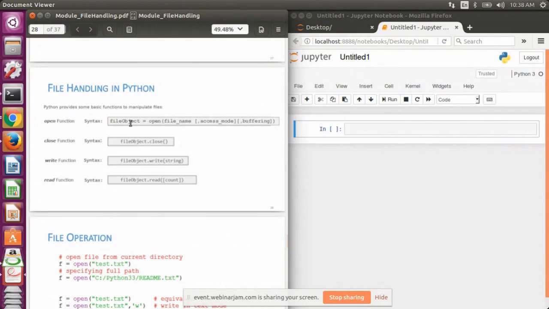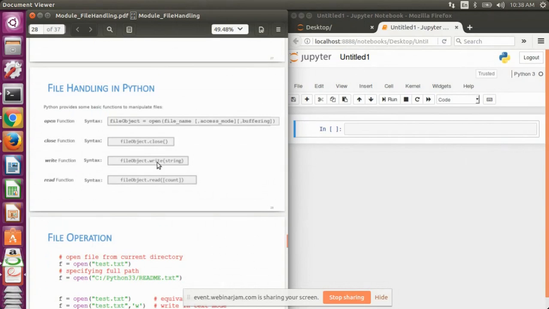So you can say we create a file object that links to the file that we want to open. To close the file, we use the close function, where we do not need to pass any argument. We just use the syntax: the file object, whatever object you have created for your file, then dot, then close function.